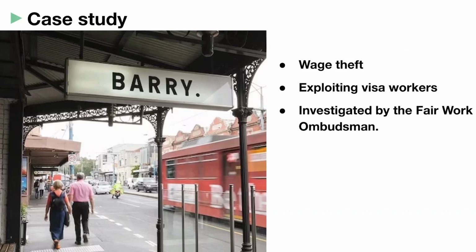I will now share with you a legal example case study. In 2018, Barry Cafe, a popular brunch spot in Melbourne, faced a wage theft scandal when former employees accused the cafe of underpaying staff and exploiting visa workers. The dispute started as internal complaints from staff about unpaid wages, but quickly escalated when workers went public with their grievances. The Fair Work Ombudsman has secured a total of